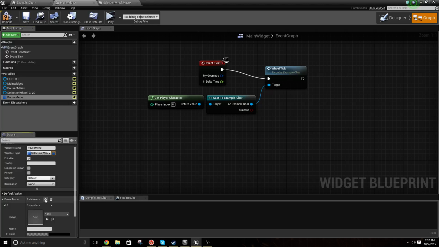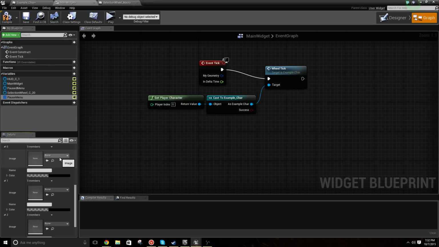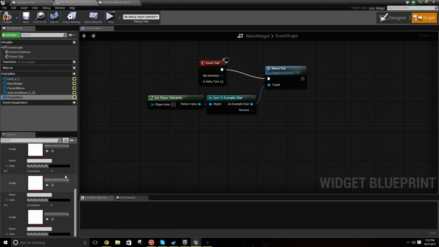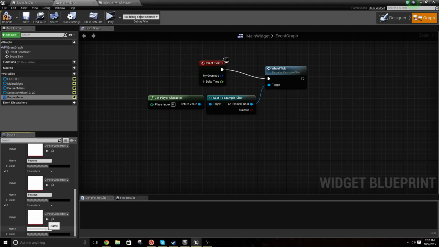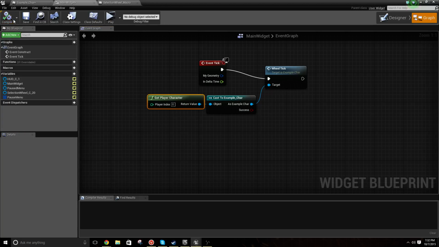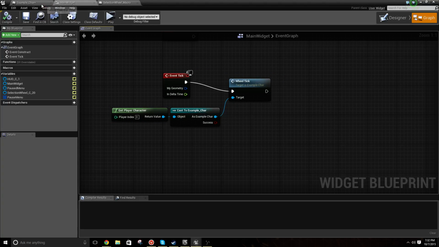So let's go ahead and add 3 in there. And just because I don't have any other texture, I'm just going to add the generic gun texture in for all of these. And we'll do a resume, because this is the pause menu. Settings. This is going to be a submenu. And quit is just going to quit. Compile and save. And now in our example character,